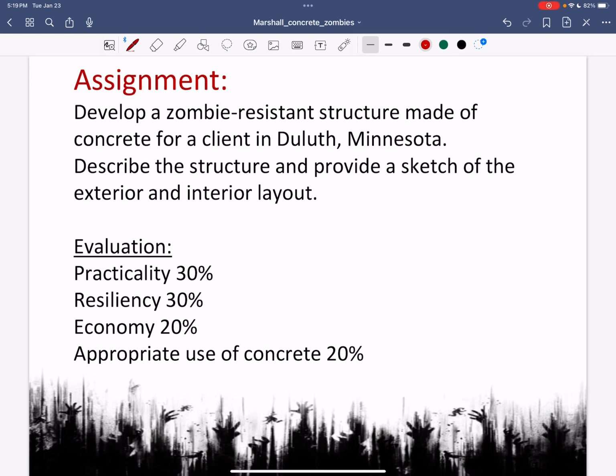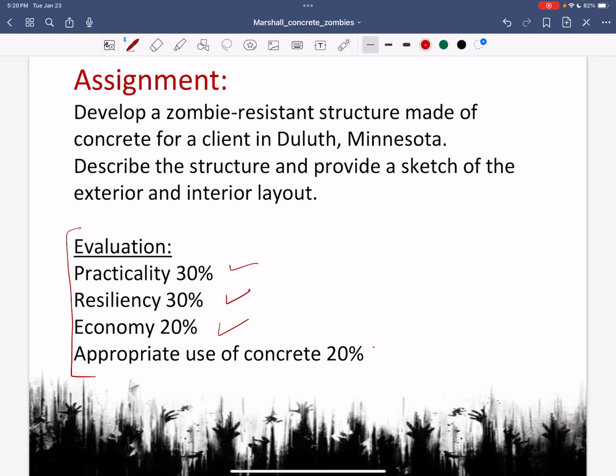But here are the criteria. When an engineer gets a request for a proposal, we basically want to know what the criteria are, just like you would want to have a grading matrix or rubric. So I'm the client, and what I'd be evaluating this on is: is it practical? Is it resilient to the zombies? Is it economical?